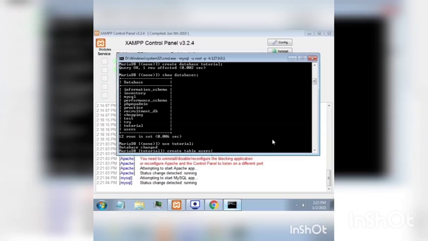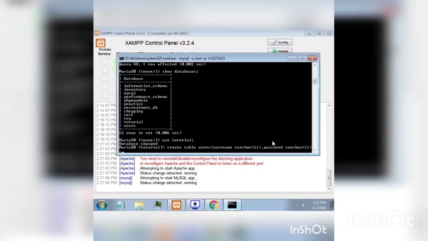Inside the parentheses, we will type our parameters, let's say username varchar, parentheses 11, comma, password varchar 11, then comma, email, and close parentheses, and semicolon.